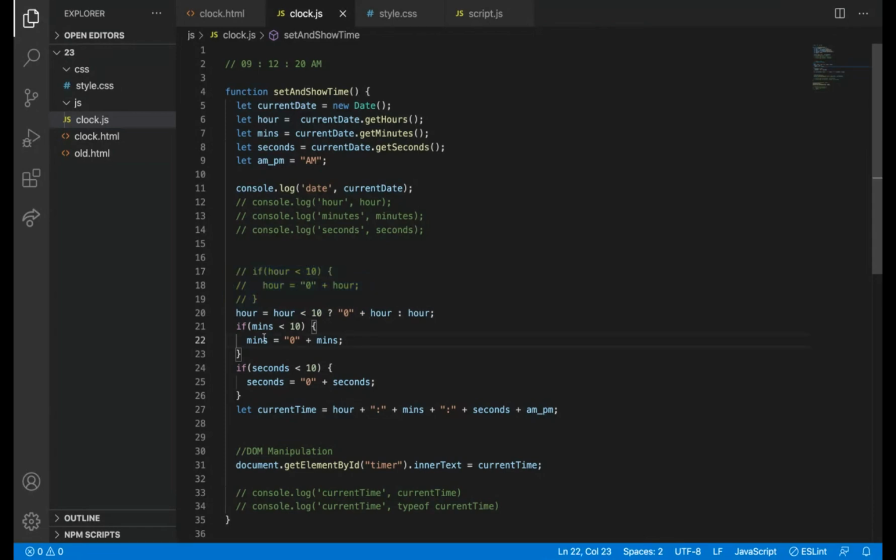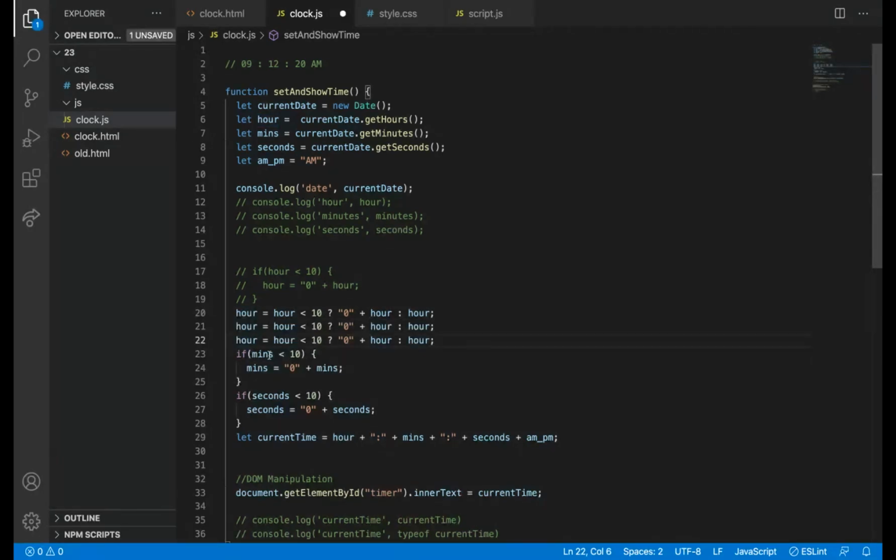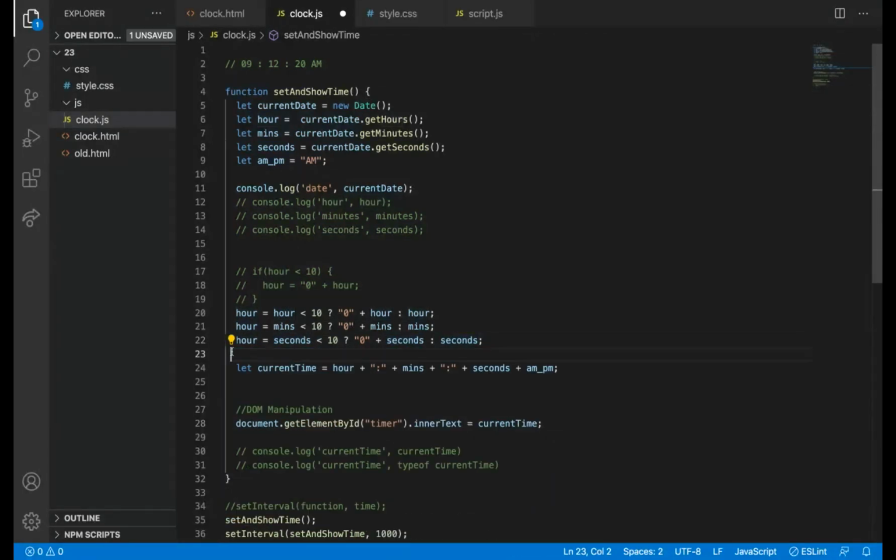I'll explain it. Then what I'm going to do is change all these things here, minutes and minutes, because the same operation we are doing here also. So I'm just replacing it with the ternary operator.